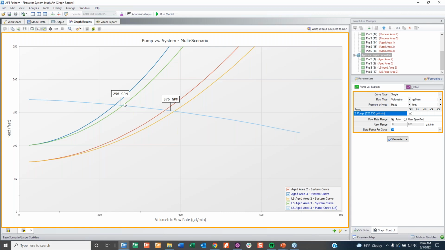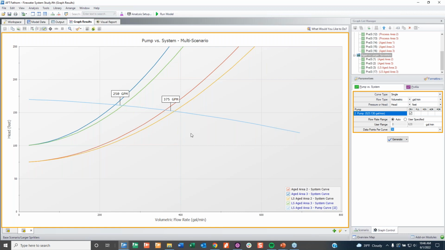Of course, this is pretty tight. It's not exactly like there's a lot of margin in this case, but it just shows you that maybe the direction you want to go in is to start to add larger sprinklers to get that flow. And in a similar way, process area 2 went from not meeting the requirement to meeting the requirement by